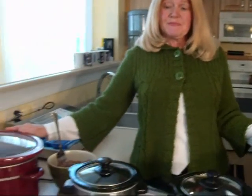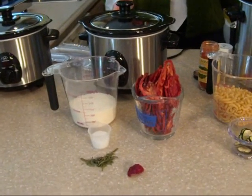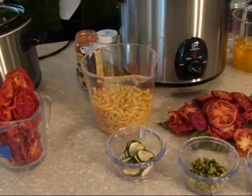Today I'm going to do fruit roll-ups. I'm going to do raw fruit roll-ups and cooked fruit roll-ups. I'm going to do beef stew. I'm going to do cream of broccoli soup, cream of tomato and red roasted pepper, minestrone with elbow macaroni, and